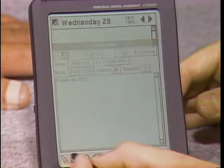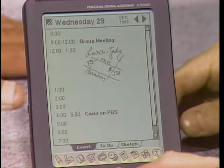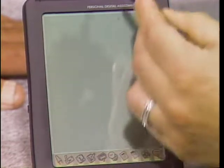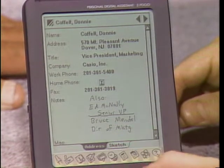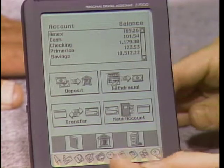There's also other applications in here for personal information management. That would be the address book. Looks also, again, like a pen and paper address book. You see all the listings here. You jump to another letter, and you can just quickly open up. And again, you'll see the ability to mix text and ink and a sketch page anywhere, so you can draw maps and people's names. Intuit provided Pocket Quicken, which is personal finance, and that's a pocket version of the #1